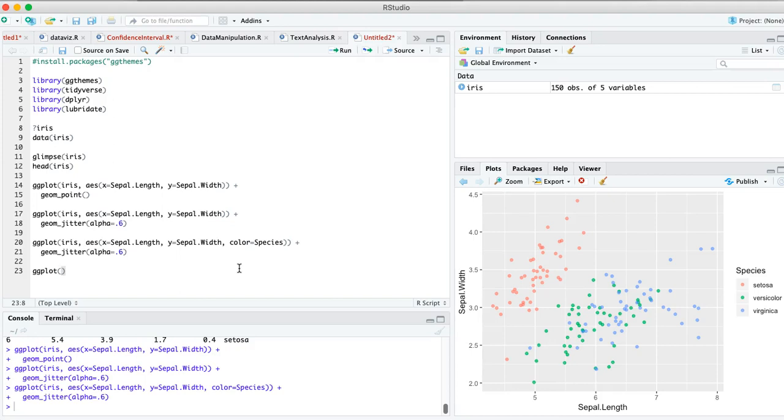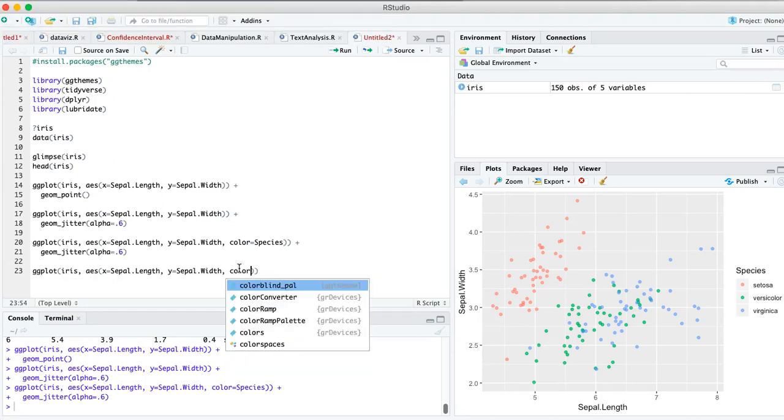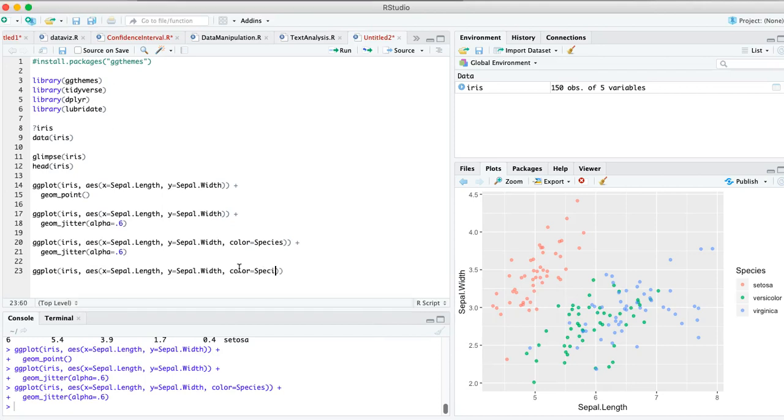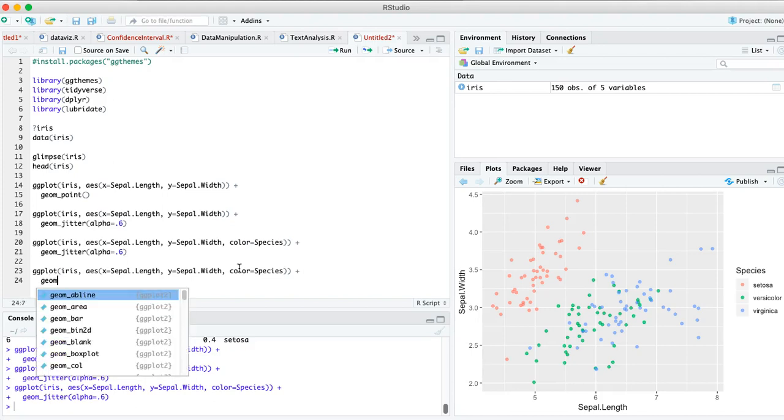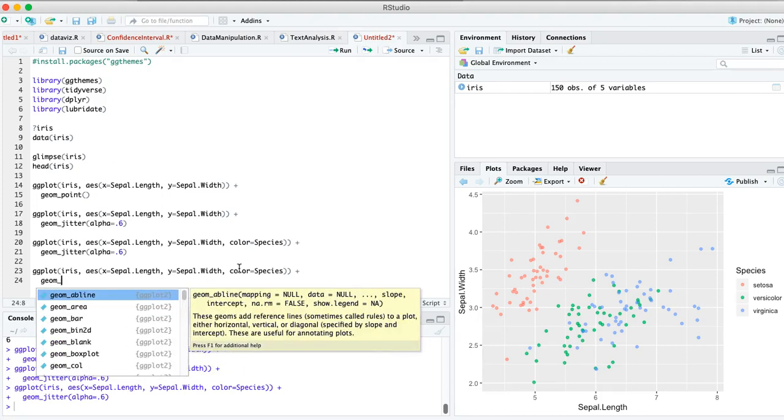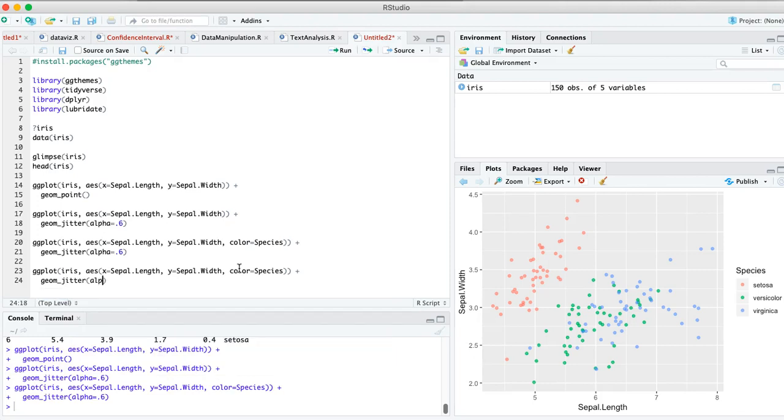So we're going to call ggplot, we're going to pass our data set, the iris data set, and then we're going to pass the same aesthetic. X is going to be equal to sepal length. You're probably getting really tired of typing the exact same thing, and we are going to deal with that in just a minute. Y is equal to sepal width, and color is equal to species. All right, I'll close those and then add the geom_jitter, and my alpha is still going to be 0.6,